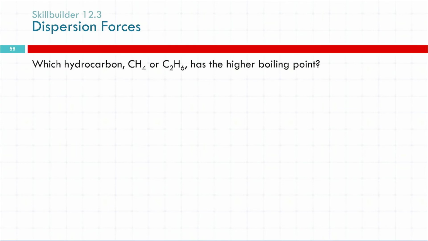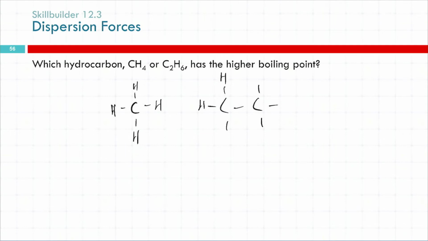So which hydrocarbon then of these two has the higher boiling point? Is it going to be CH4 or is it going to be C2H6? CH4, let's draw CH4. Then C2H6